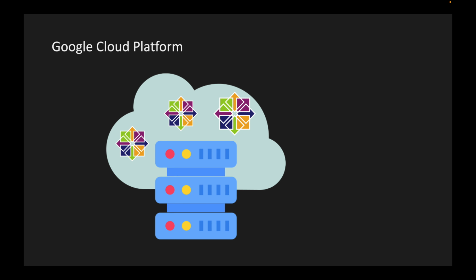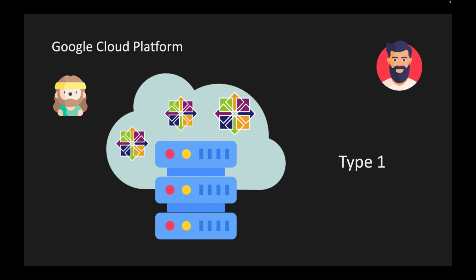Most of the cloud providers use a type 1 hypervisor to run their infrastructure. So when we create a virtual machine on the Google Cloud platform, we actually create a virtual machine on the physical hardware. And most likely, there are hundreds or thousands of users who create virtual machines on the same physical server that we just created ours.